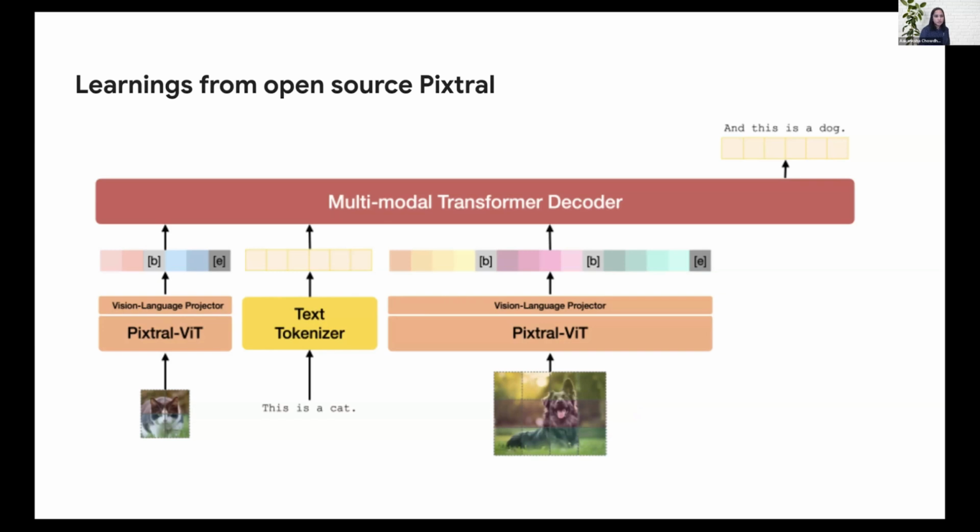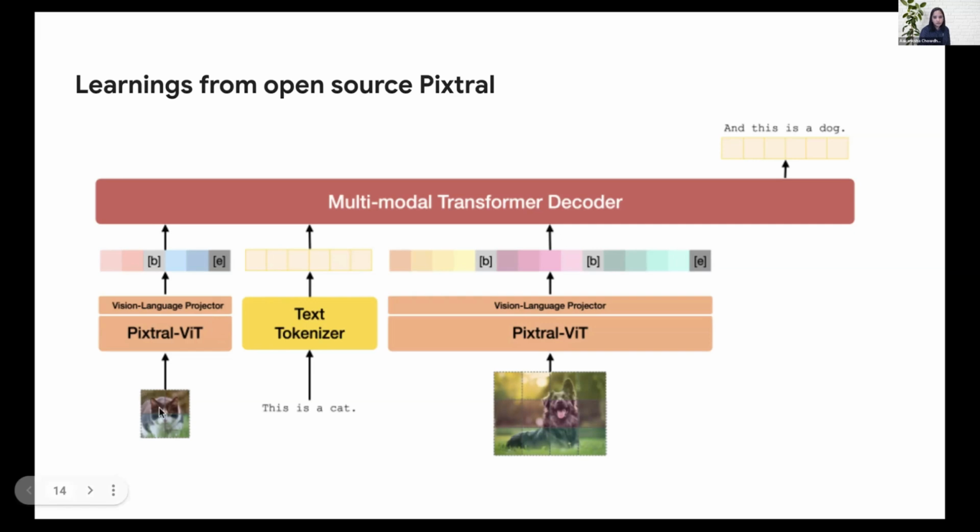Pixtral in particular says a little bit more about how they train their models across image and text. So we can take a look at what might be happening. It shows that in terms of architecture, it is using a vision encoder that is projecting into a transformer decoder. The vision encoder tokenizes the images. So you have this Pixtral vision transformer, and then there's a projector, and you get these multimodal tokens, which are then doing the next word prediction given a sequence of text and images.